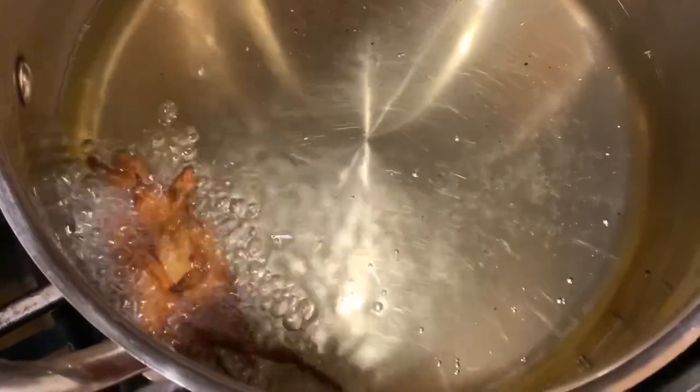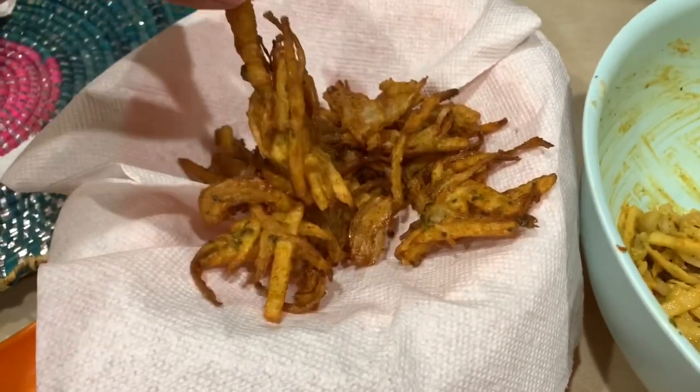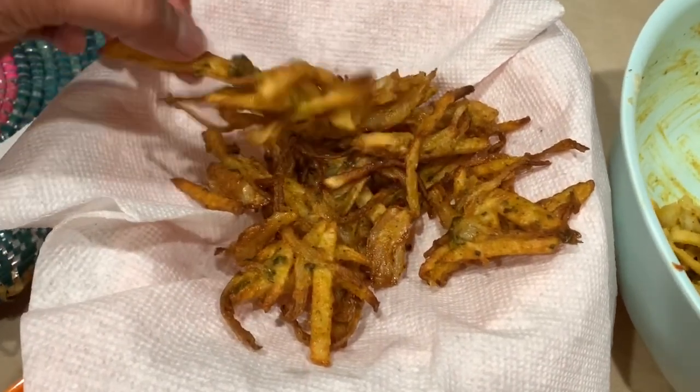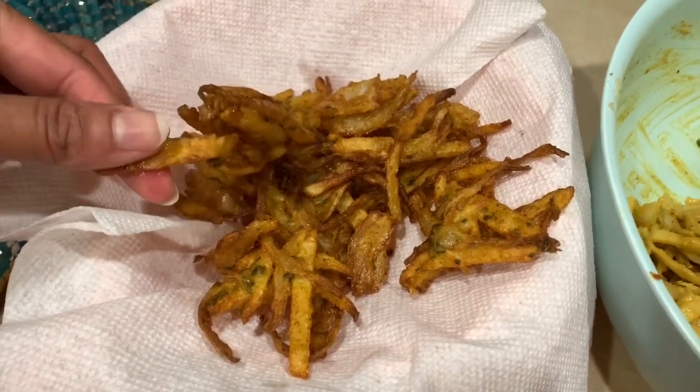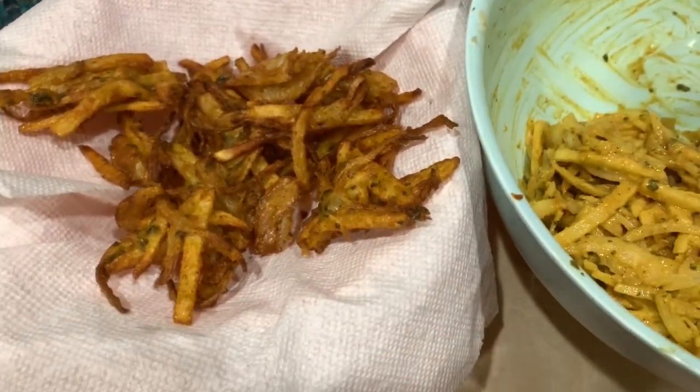All right, I'm gonna put a few more in here and then I'm gonna come back. Look at these gorgeous bhajias. I have really super memories about these super amazing crispy bhajias from the street. And I'm just going to show you that